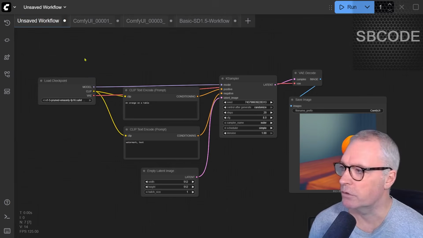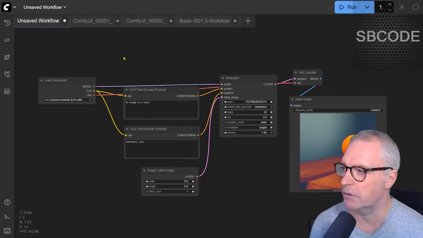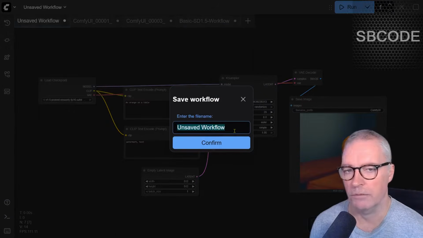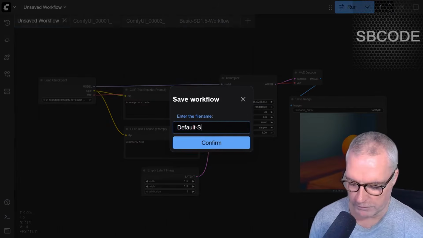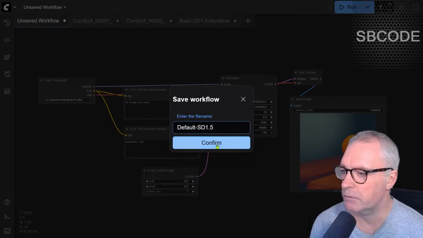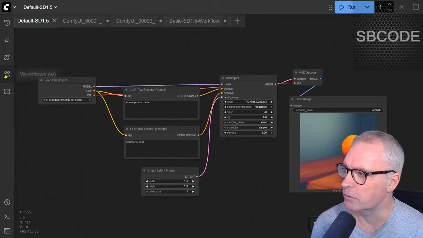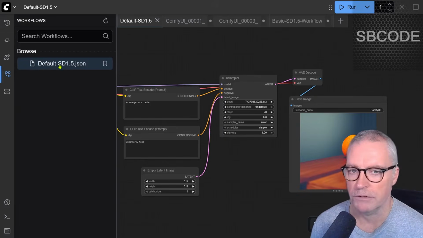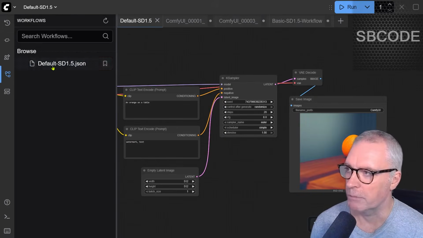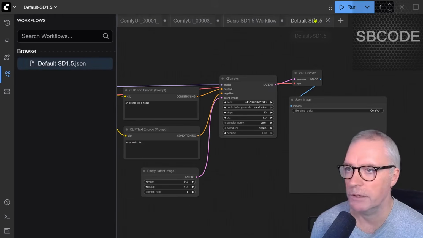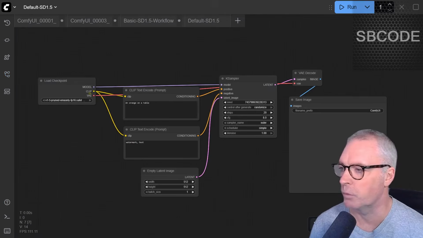Now, there's another option to this particular workflow as it is now. I could also save that. So up here, File, Save As, and just call it default SD 1.5, for example, confirm. Now I can load that again later if I need to by going to workflows here, and there it is. That's the workflow that I just saved, and it's already opened up. So if I click it now, it makes no difference. But if I just close it and then open it, there we go. It's open again over there. So do save it because we'll use this basic workflow quite often as a starting template to build more